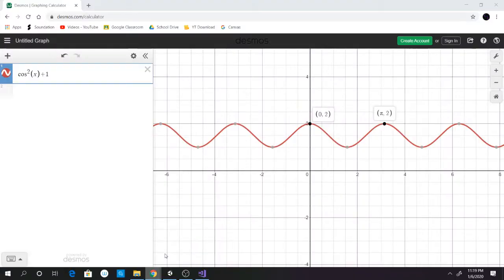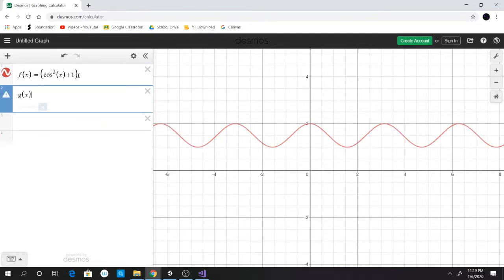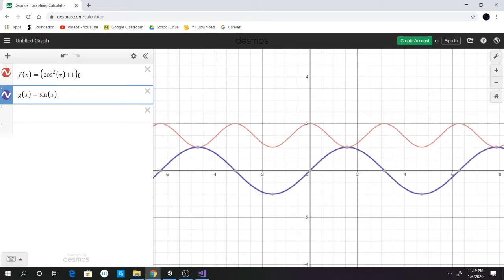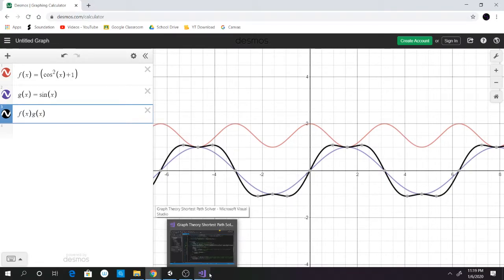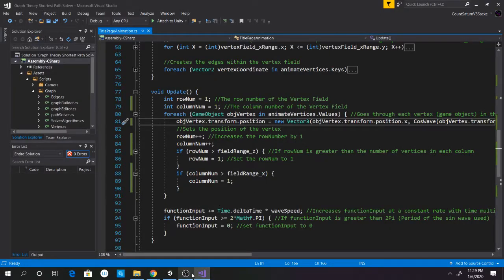Okay, let me go ahead and look at our good old function over here and see what happens. What happens if I multiply? I'm just going to label this as f of x, and we have g of x. This is sine, just a simple sine wave function. Just follows like that. What happens if we do f of x times g of x? I was kind of hoping for something like that, but